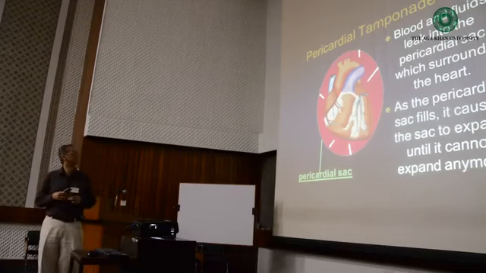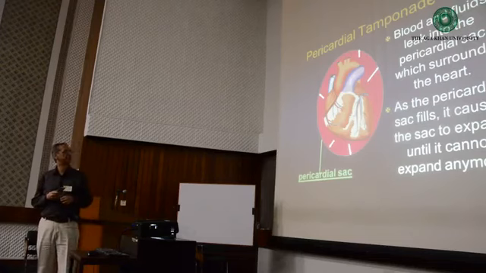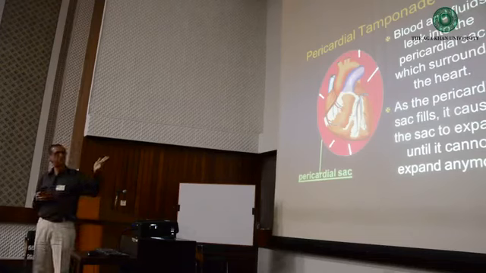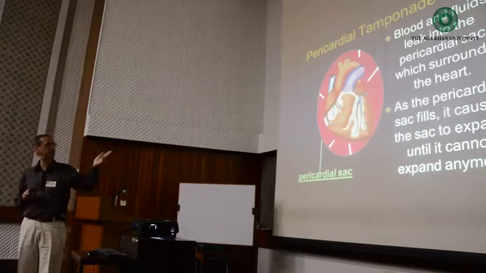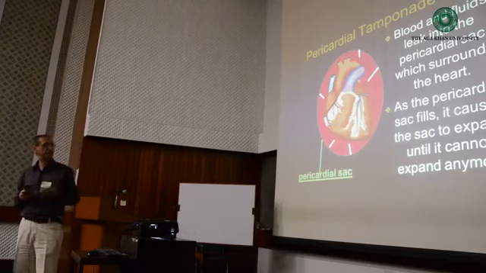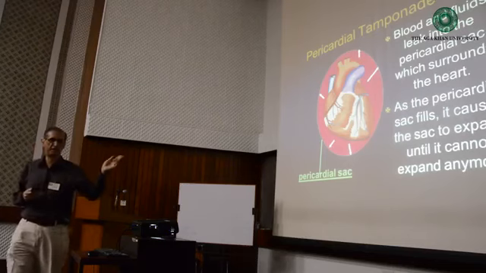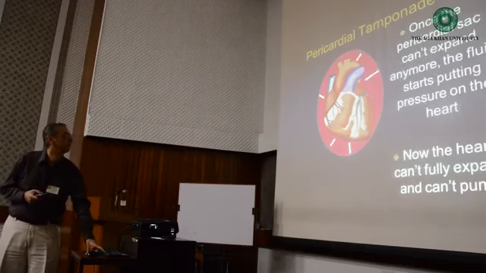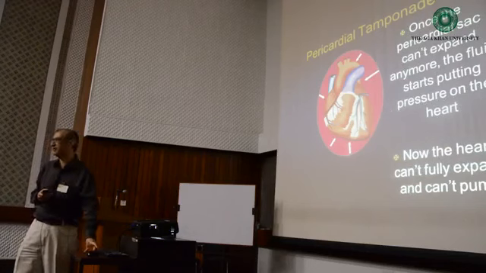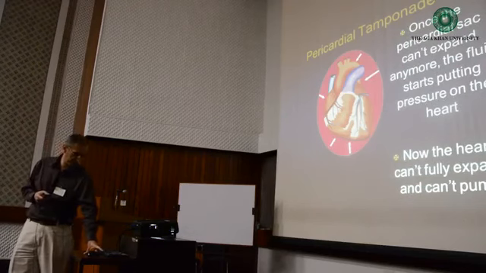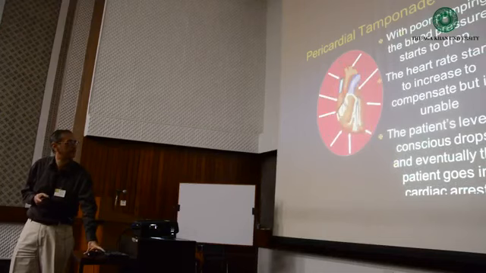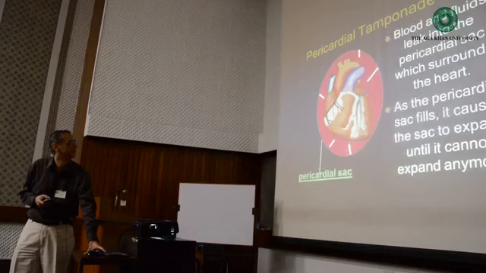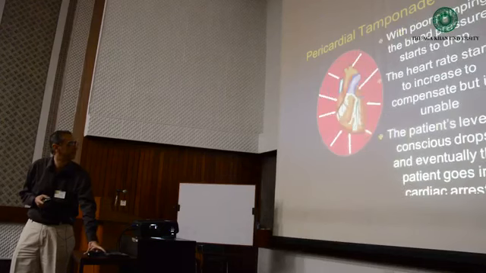And pericardial tamponade: we were talking about the pleural space or pleural cavity. Now it's the pericardium. So if blood enters and expands the pericardium, can you see the similar effect? So it's called pericardial tamponade. And if it becomes big enough, it will cause further pressure. Can you see the heart is being compressed now?